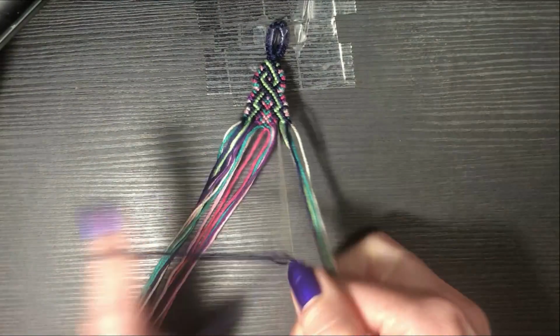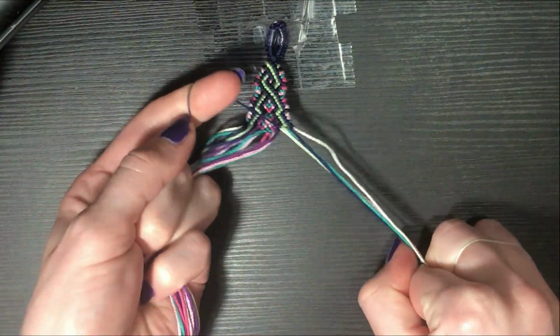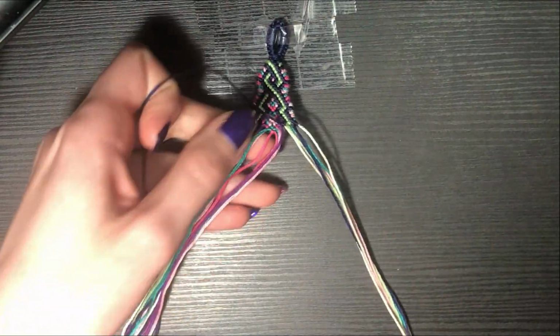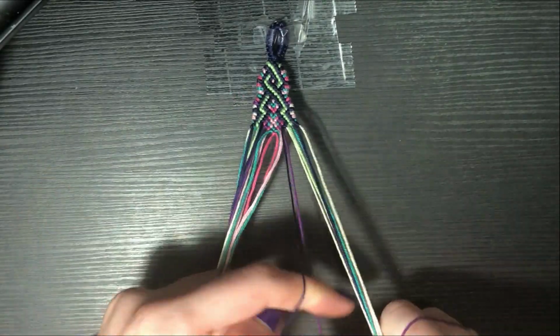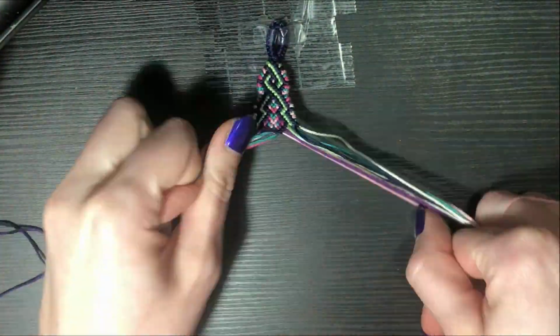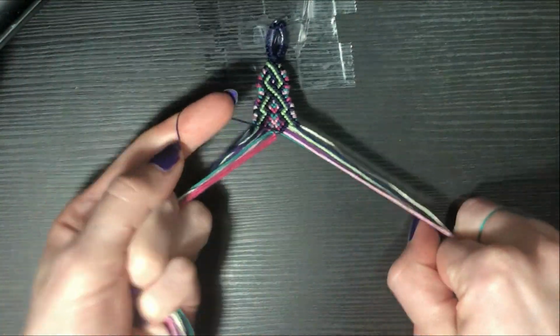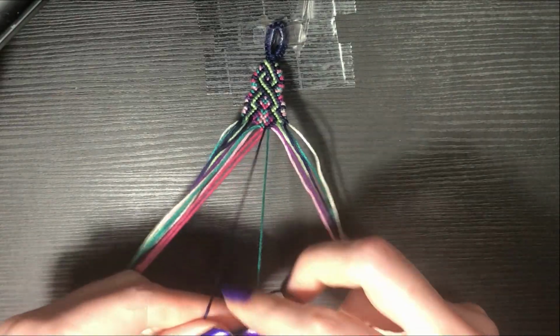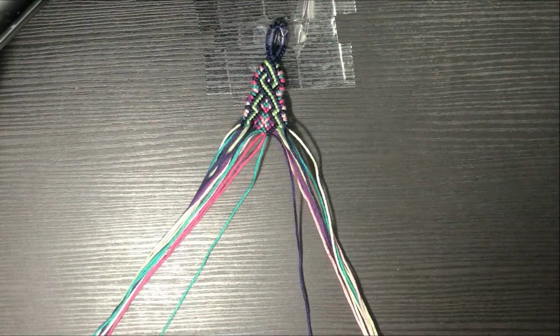All right, now we're going to pop to the right hand side, and with the innermost dark blue, we're going to start doing our stripe. So it's going to do backwards knots all the way into our dark turquoise color, where it's going to do a backwards forwards knot. And reaching our dark turquoise, we'll do that backwards forwards knot, and then pop up to our mint color